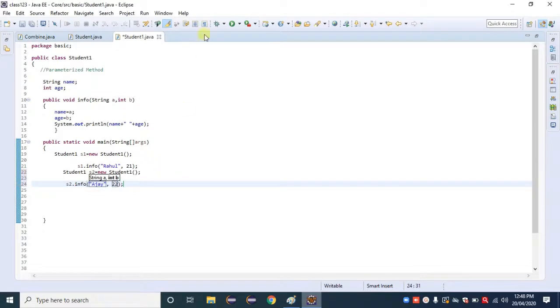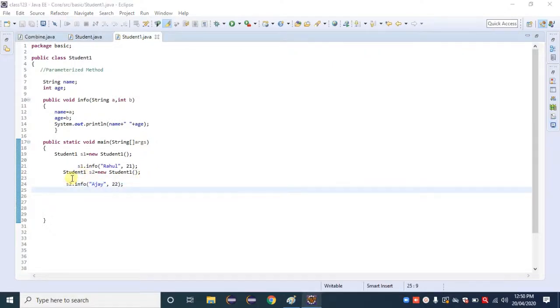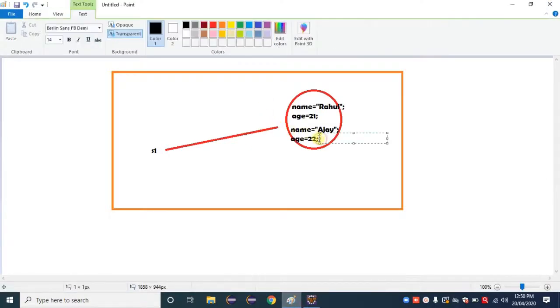Simply execute the program here. We get the same output, no doubt. But what is the difference? We created another object. What happens inside memory? Inside memory, two objects are created.